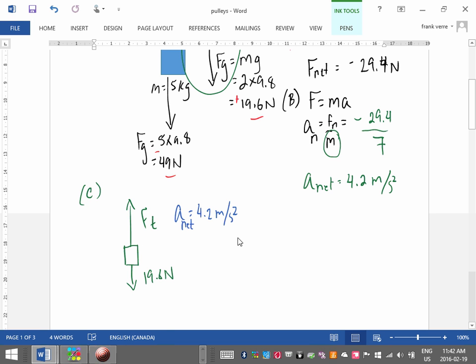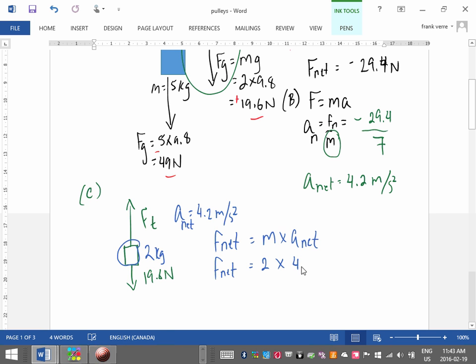So we could figure out the net force on this mass alone. The net force is equal to the mass times the net acceleration. The net force on just this object would be its mass, this is a 2 kilogram mass,